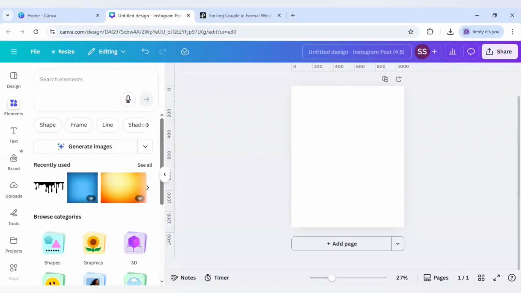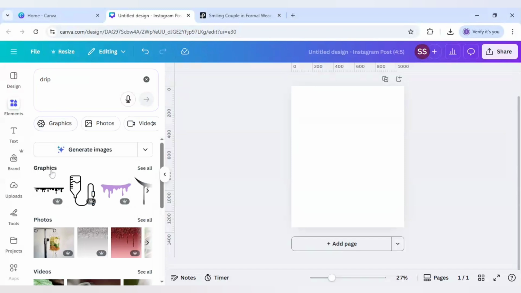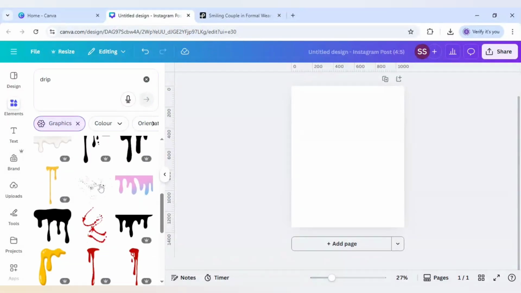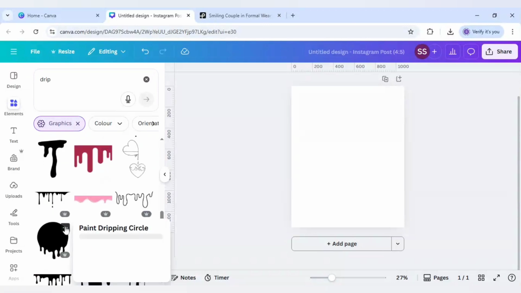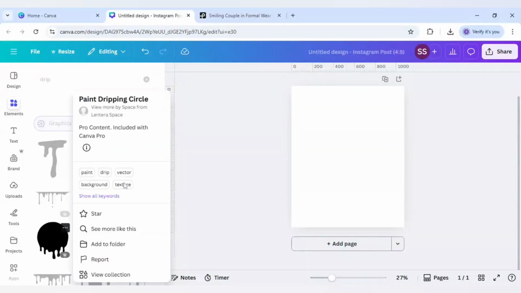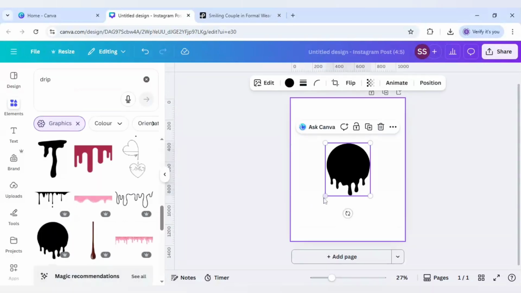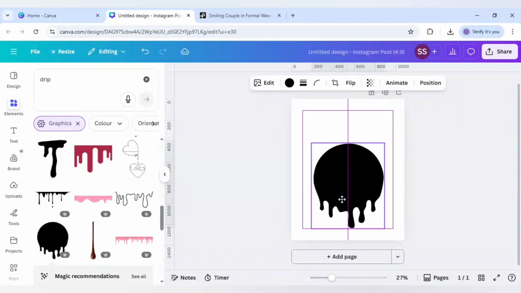So I'll be choosing the Instagram post 4:5 format for my canvas here, and I will write "drip". Okay, and go to graphics, click on see all and scroll down to find this element which says paint dripping circle. Okay, so I will use this one and I will just make it bigger and paste it downwards here,